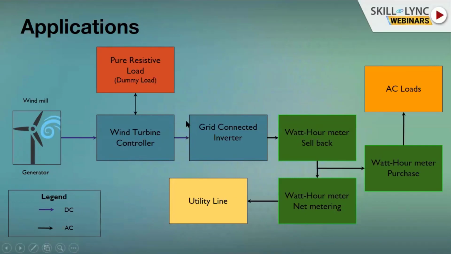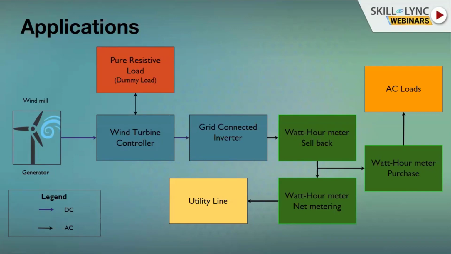Now this particular DC is converted to AC through an inverter. Why? Because the power from the windmills is fluctuating. It is not at constant voltage. So we require a constant voltage to be given to the loads or to the utility, which is nothing but the grid system. So to float it out to a constant or regulated voltage, we use this controller as well as this inverter. So we convert this to DC so that it is easy for us to boost or buck the voltage.